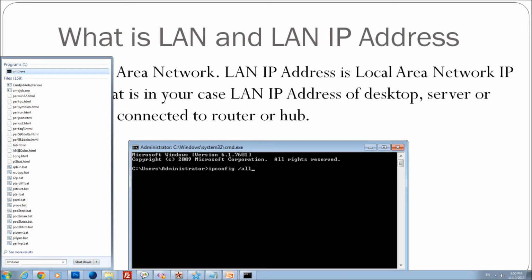If you are running Windows XP, you need to click the Start button and then Run. Click on Run and type in that text box cmd.exe. Click enter,